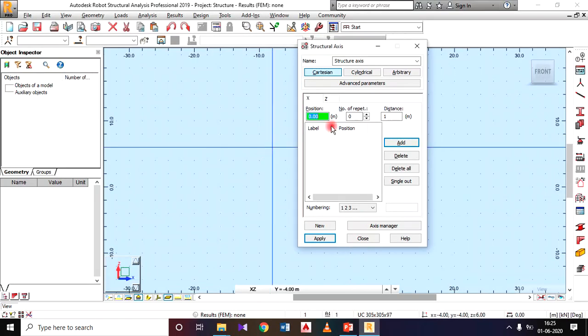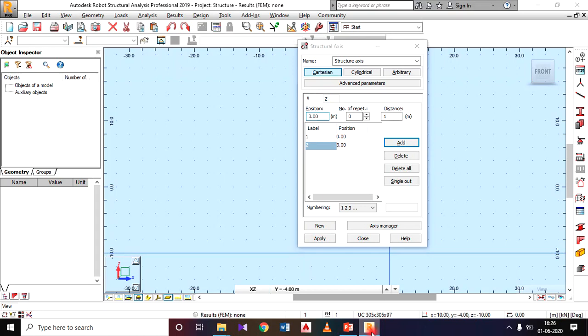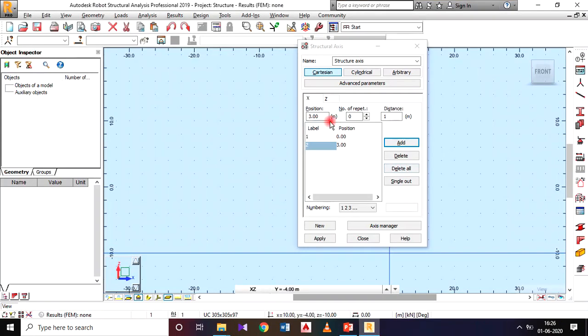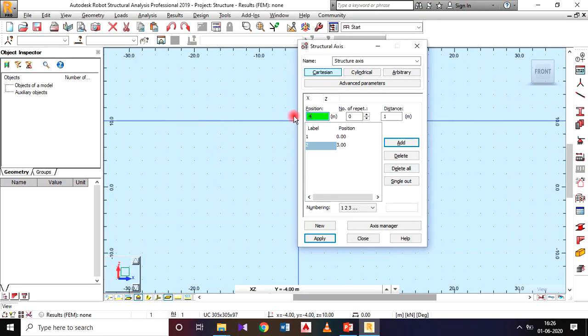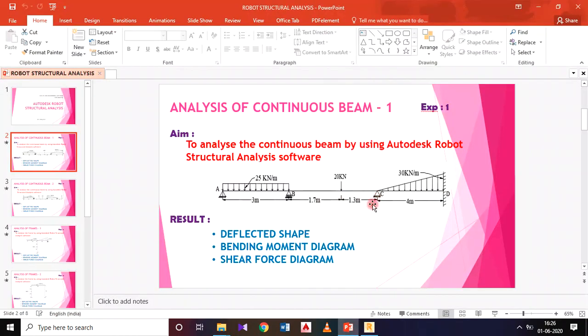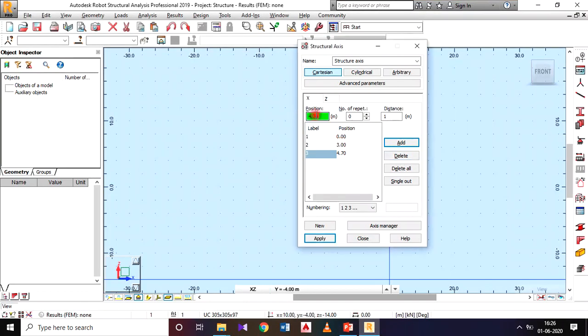For that I will move on to my software. So first one will be the 0 in the x-axis, then 3 meter, 3 add, then 3 plus 1.7 means 4.7, 4.7 add, then 4.7 plus 1.3, nothing but 6 meter, so add 6.